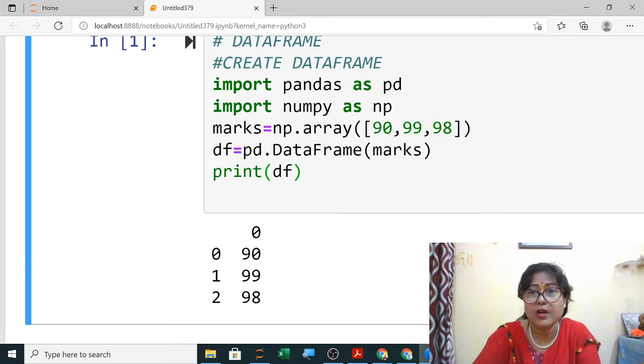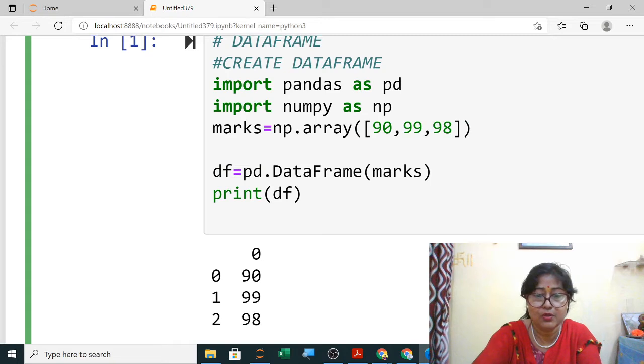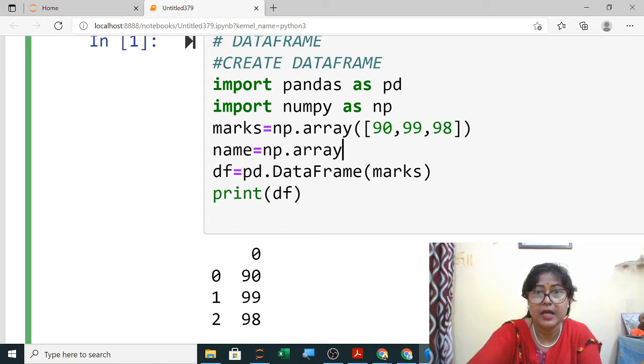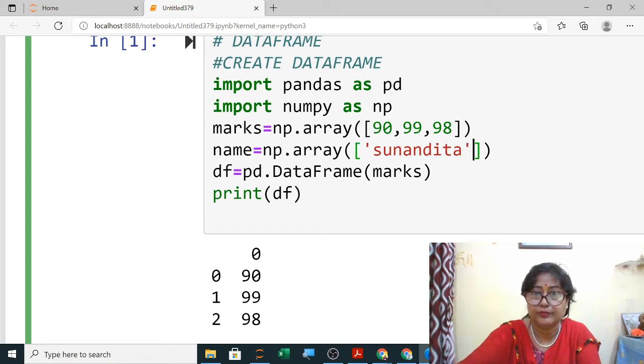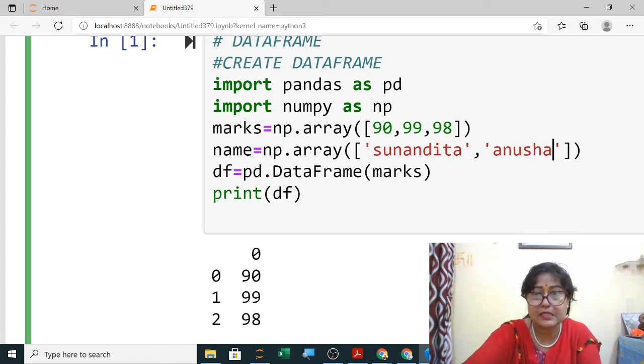Like marks you have already given. Now name of the students and roll number also if you want to give. So name of the students you are giving here np dot array, and then you are giving all the names. Suppose in single quotes you have to give, as these are strings.